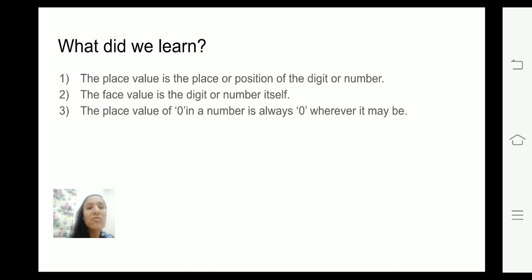In the same way, for place value, we have to see the position or place, whether the digit is at ones place, tens place or hundreds place. But does your face change from class 1 to class 2, or will it change in class 3? No. So for face value, the face will not change. That you have to remember.